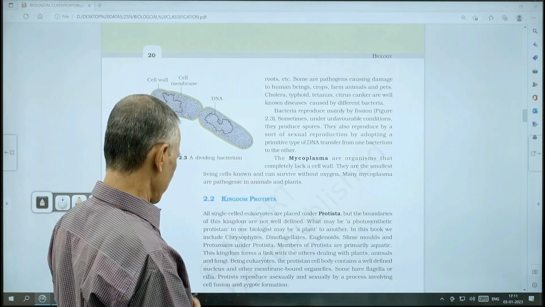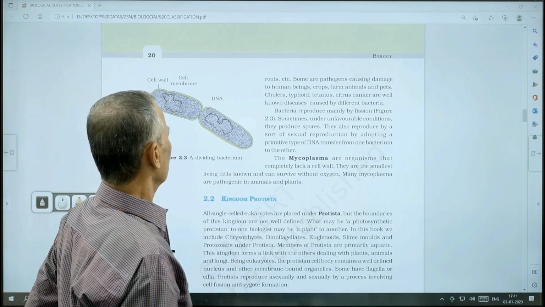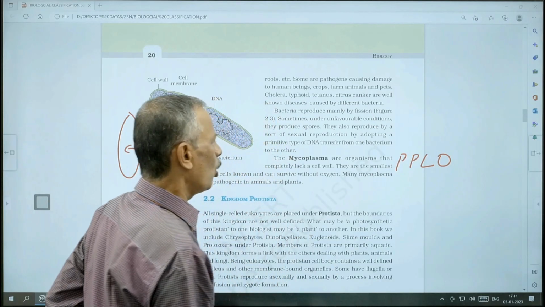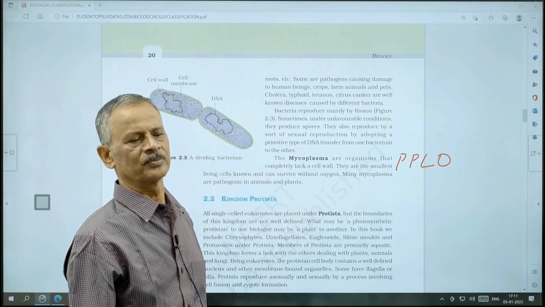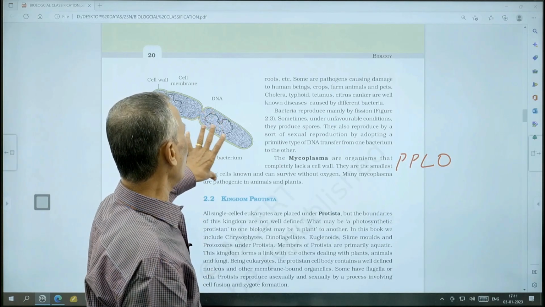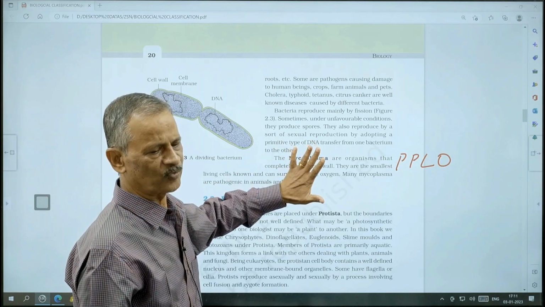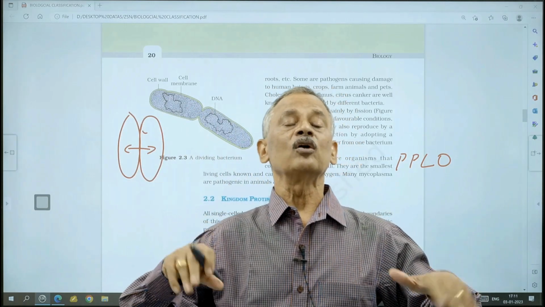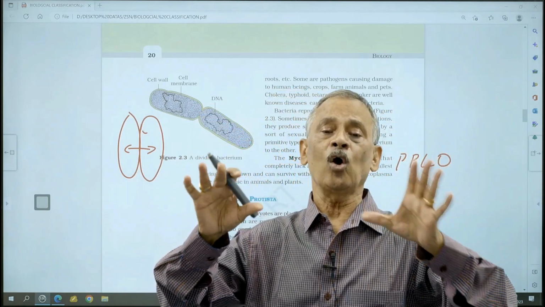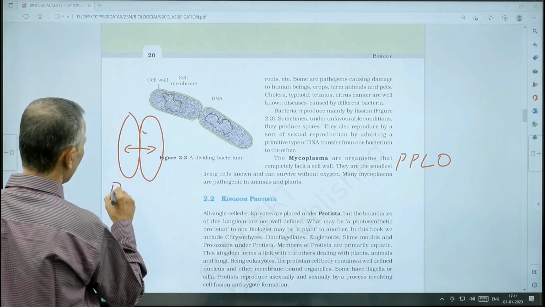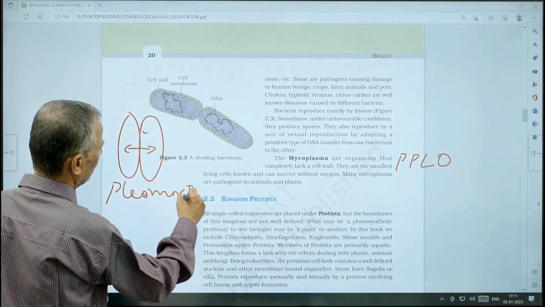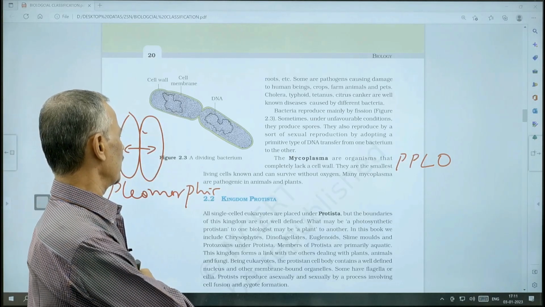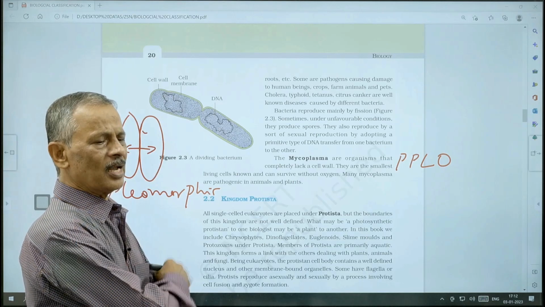Then another type of bacteria are mycoplasma. They are also called PPLOs, pleuropneumonia-like organisms. Okay. They have no cell wall. That is the main difference. Since they have no cell wall, there is no definite shape. Without shape, meaning they will go on changing their shape. They are pleomorphic. They can change their shape, pleomorphic, and they can survive without oxygen, and they are the smallest